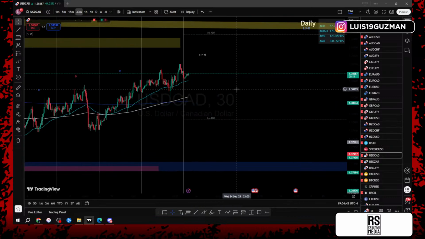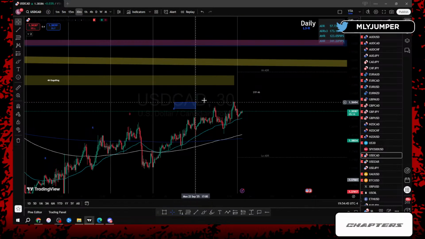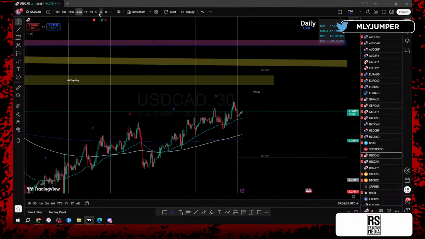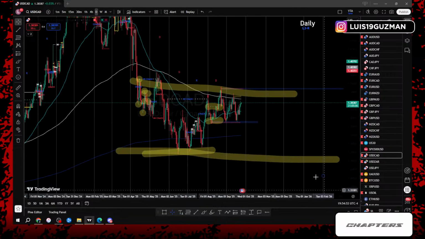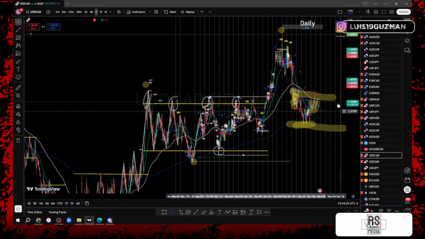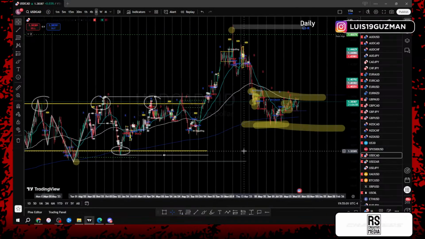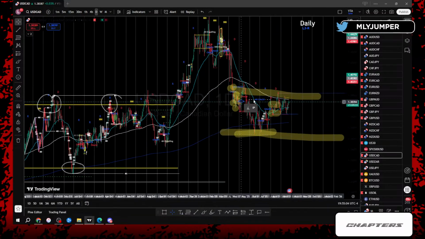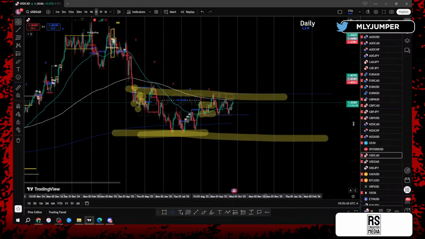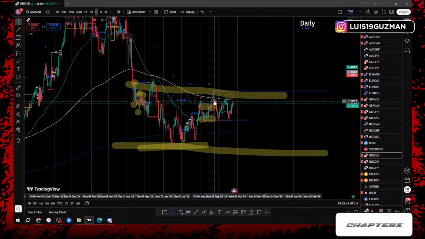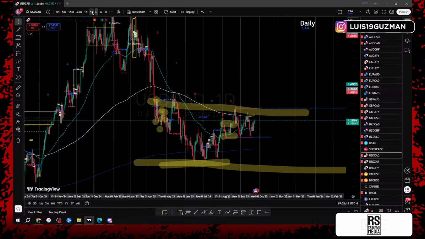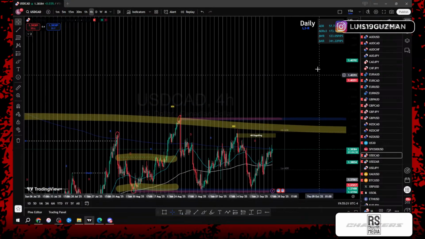USD CAD's another pair that's just been stuck in a zone of consolidation as well. We have a 4-hour bearish engulfing candle, daily time frame. Technically on the daily highs and lows, we're still trading between a previous higher high, higher low, but could we be stuck on the first zone of consolidation on a downtrend in A1? We could be. Right on the 800 EMA, moving sideways. Price is rejecting highs and lows on every single time frame.